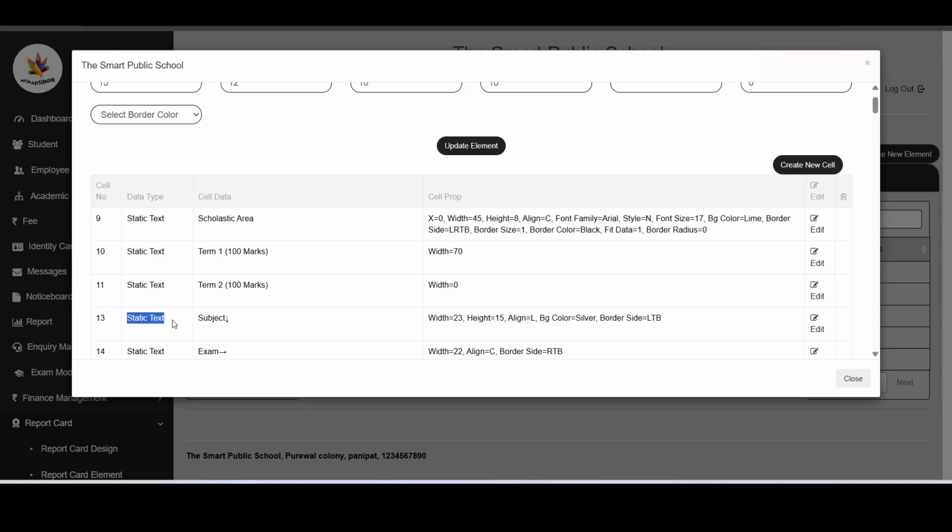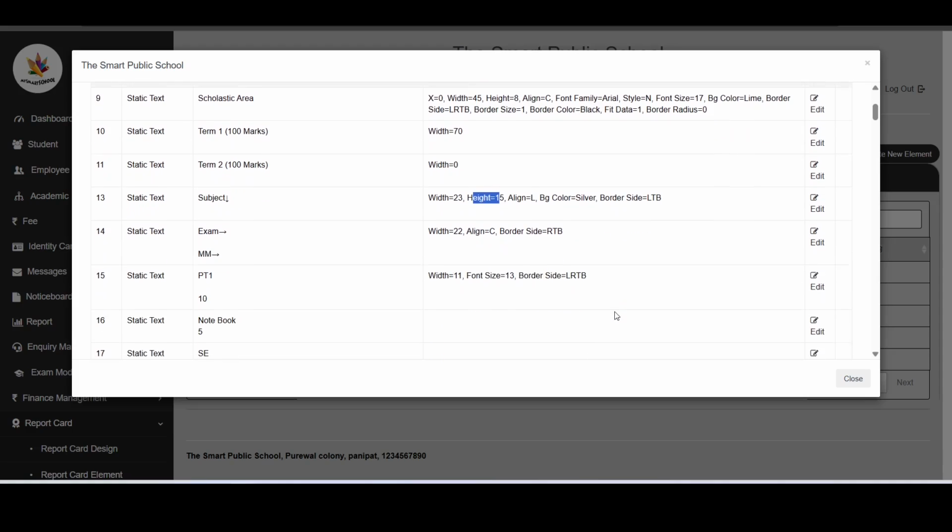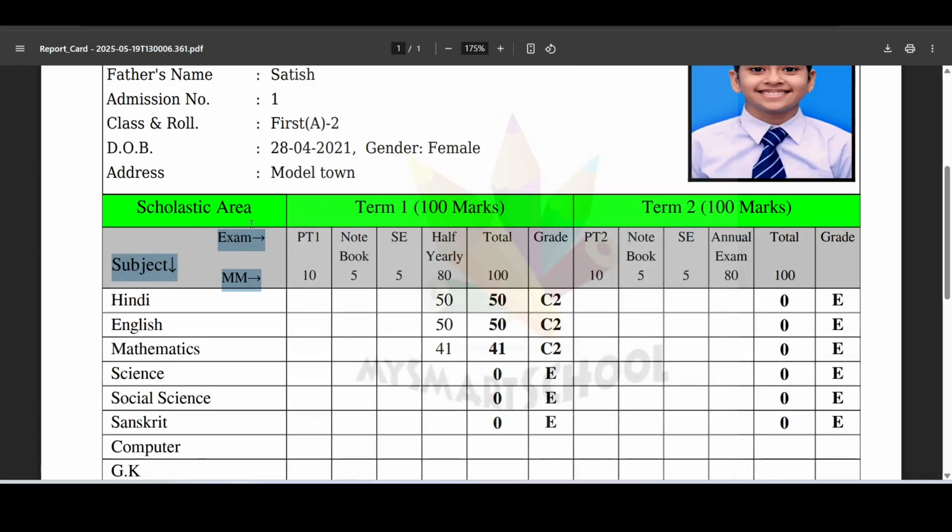So this next cell will automatically start from the next line, and the width again we set 23 and the height 15, and like this. So like this you can just set your text. All these are text fields.